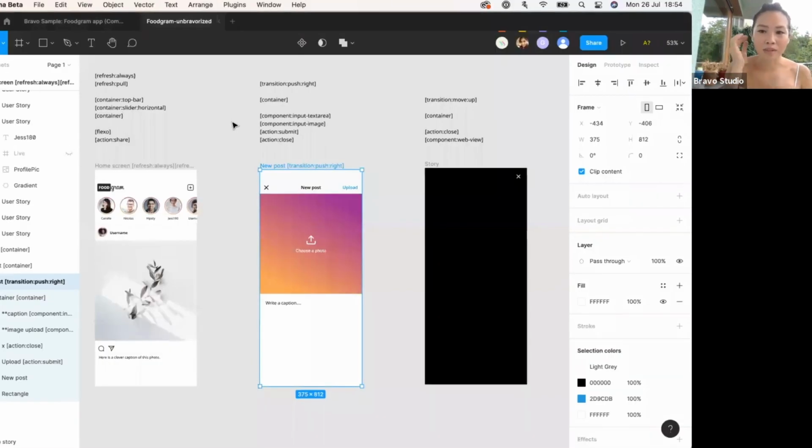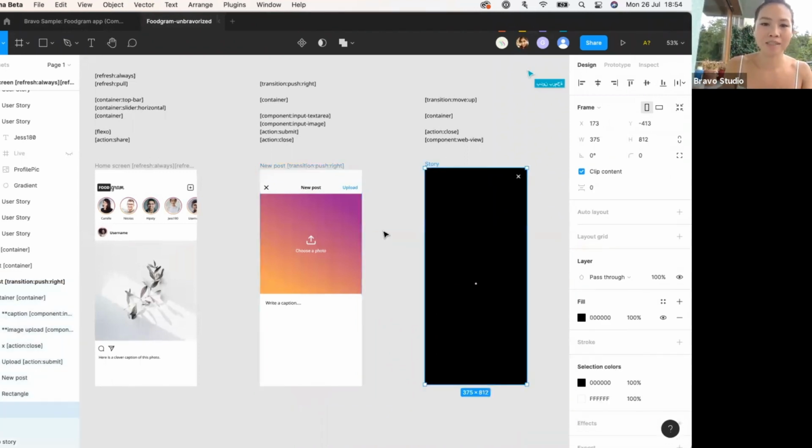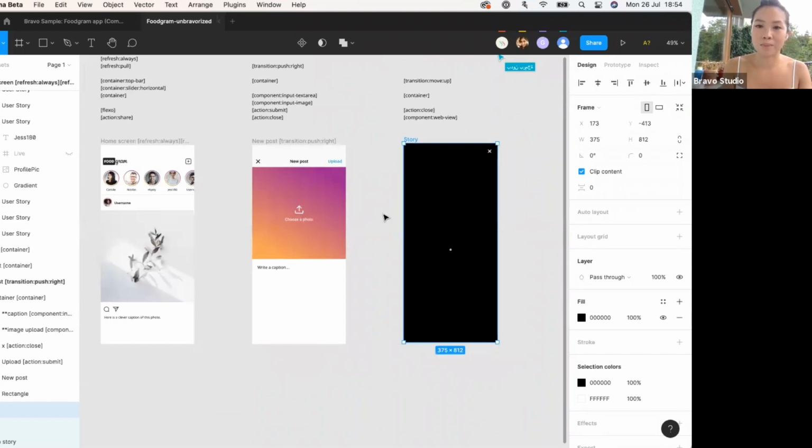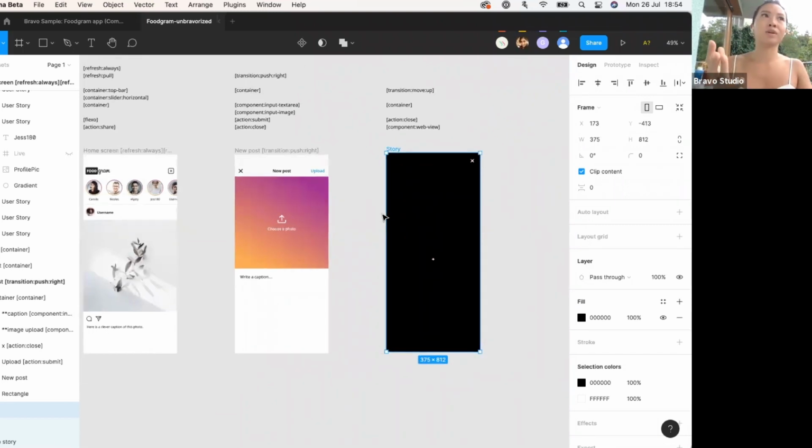And then the last part, which is just another example of some other cool things that you can do with Bravo, is the story. So how we would do the story would be, so now even though there is actually a play video option, which you can use to create a story functionality. There is a play video Bravo tab. But in this case,